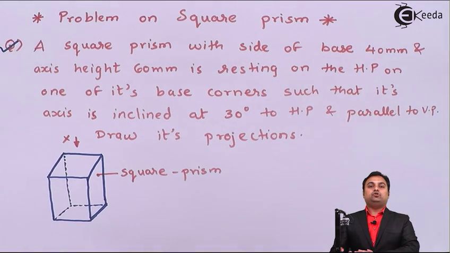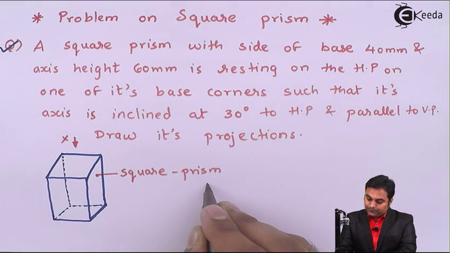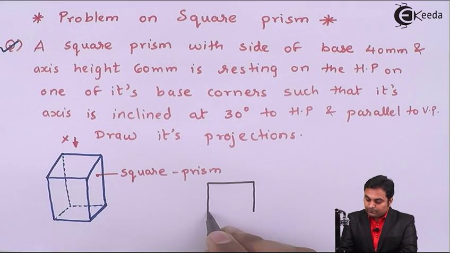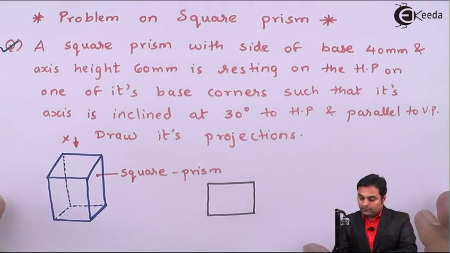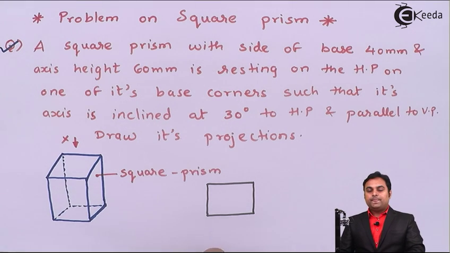So I'll draw that square and check which condition is correct. When I'm looking from the top, now the square prism can look like this, but when I will be tilting it onto the right hand side,